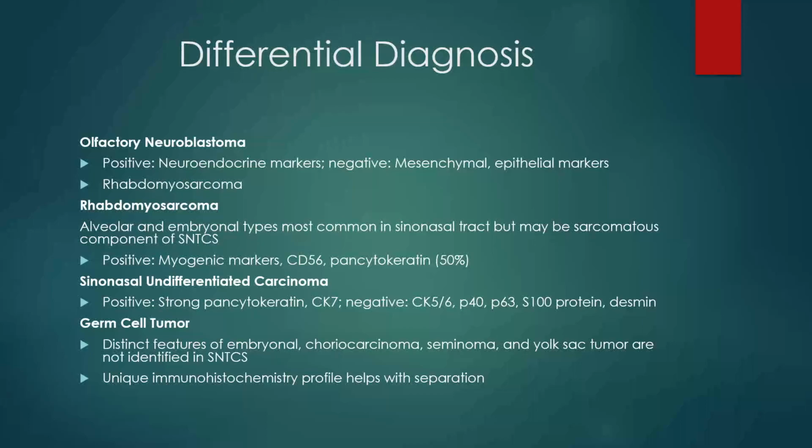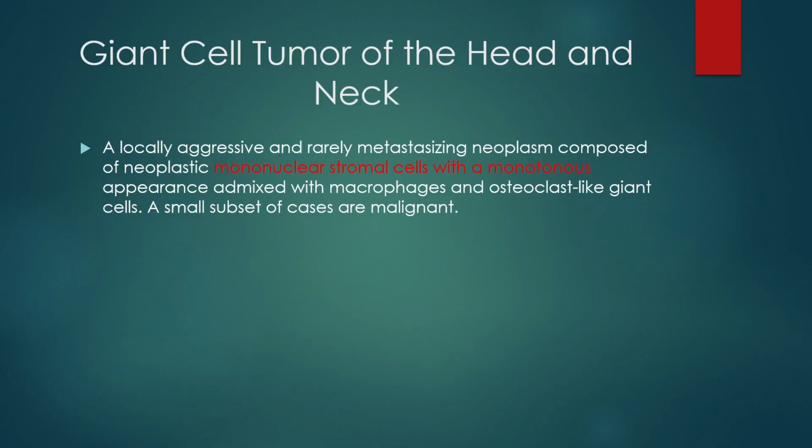The next entity we're going to talk about is giant cell tumor of head and neck. Basically, I think this falls into the giant cell tumor category, like giant cell tumor of the bone. They can share some common features. So if the image shows you a lot of giant cells, you may think about